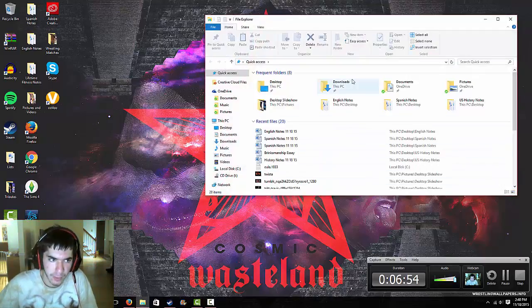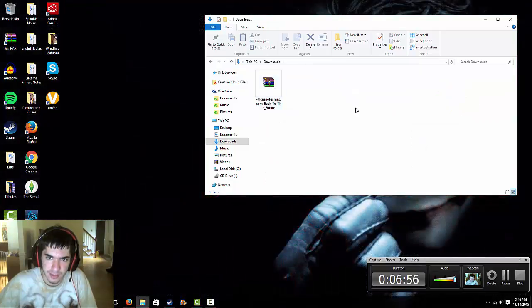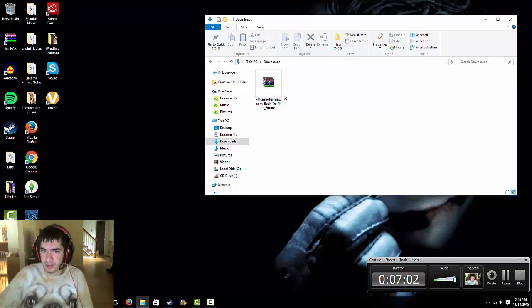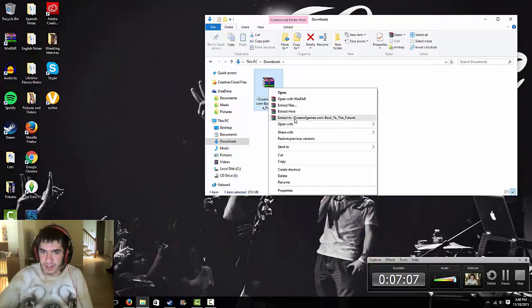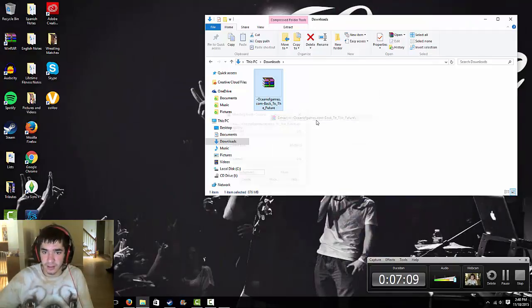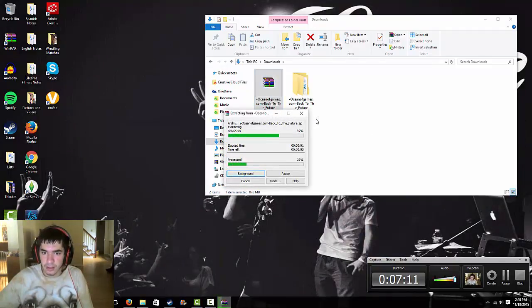This is where WinRAR comes into play. If you have WinRAR downloaded, you'll see those 3 stacks of colored books. Then you want to right click it with your mouse, go all the way down to extract to Oceans of Games Back to the Future. Click on that. Shouldn't take that long. Wait until it's done. And now it is complete. So you click on that,